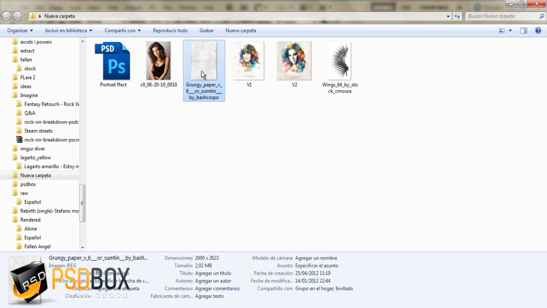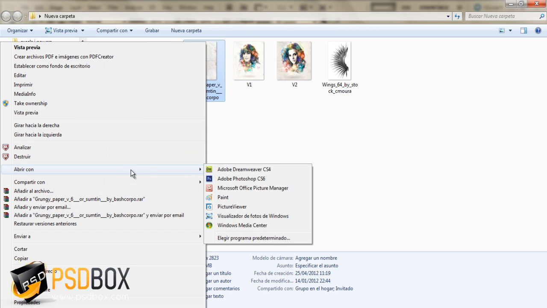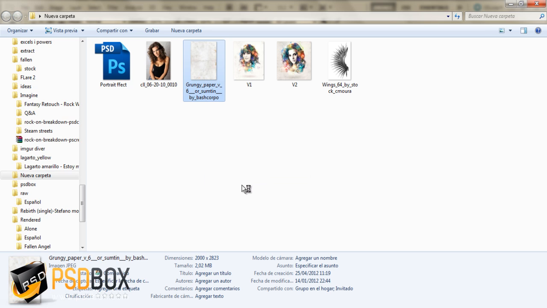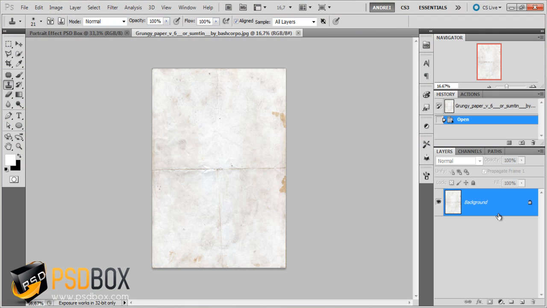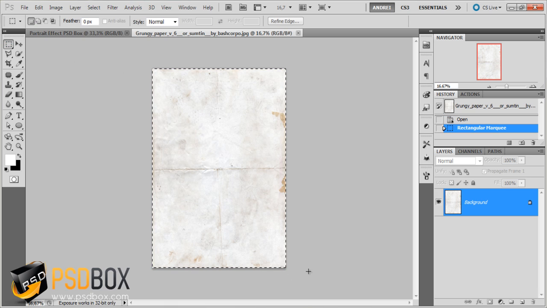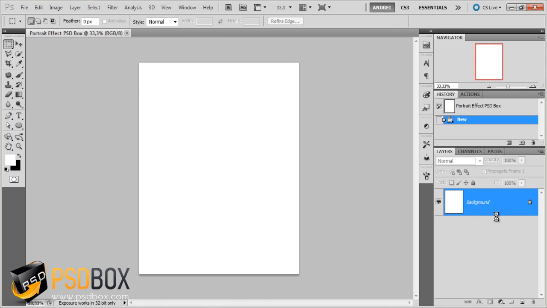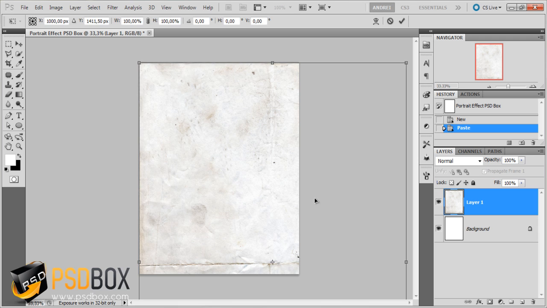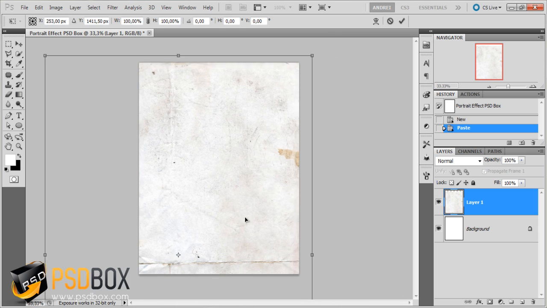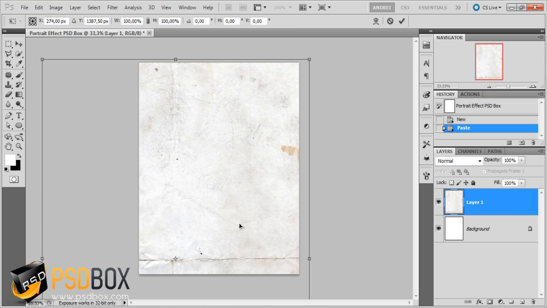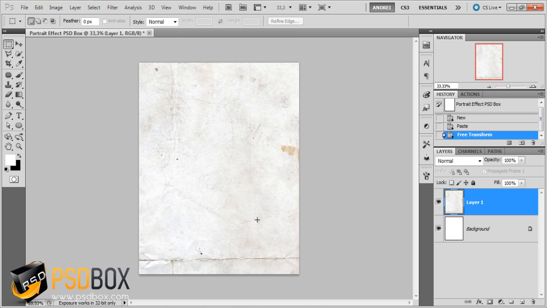We'll start with this texture, which will be our background. So open that in Photoshop. Now, as you can see, this is a high resolution image, so it depends on the canvas size that you're using. You might want to make it smaller. So I will copy this and paste it here on my canvas, and I'll put it somewhere here. I will not resize it, but one thing I will do is